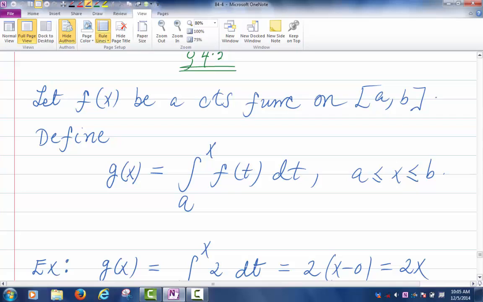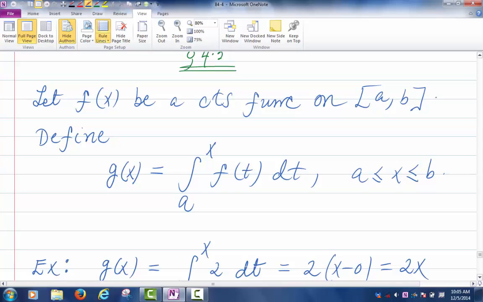exists over the interval. So we know that if I look at the integral from a to x of the function f over the interval from a to x, where x is some number between a and b, I know that this integral will always exist. Okay? So what I'm doing then is I am defining a new function g, and the value of this,